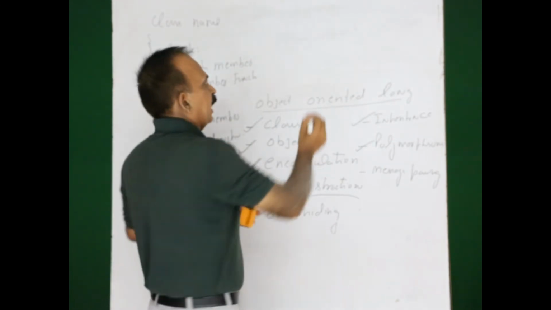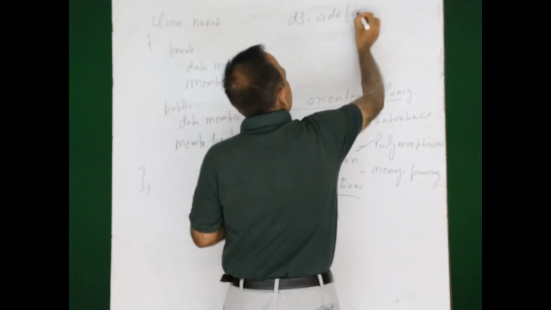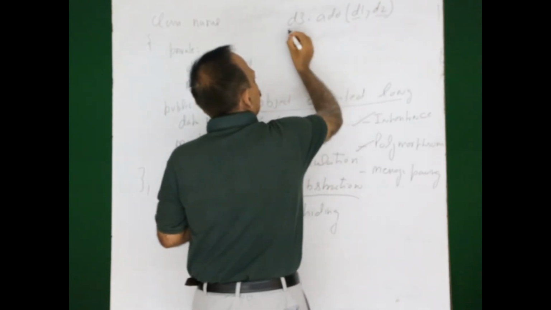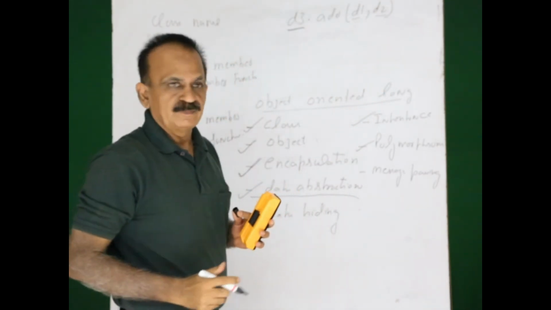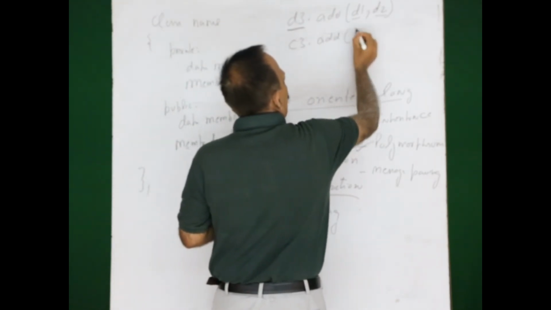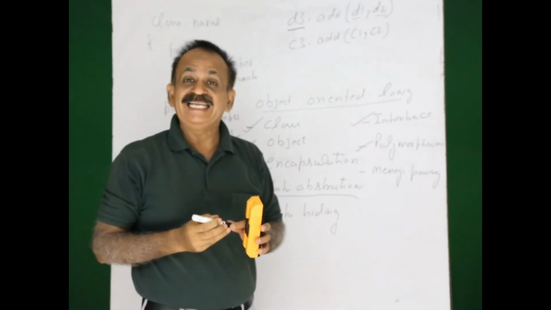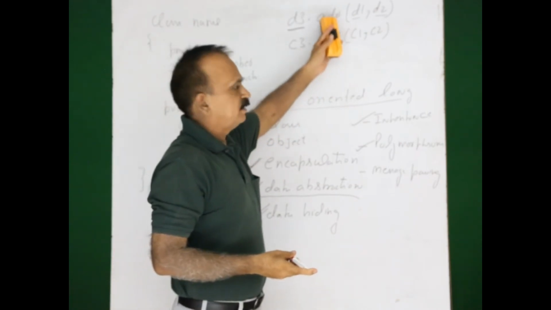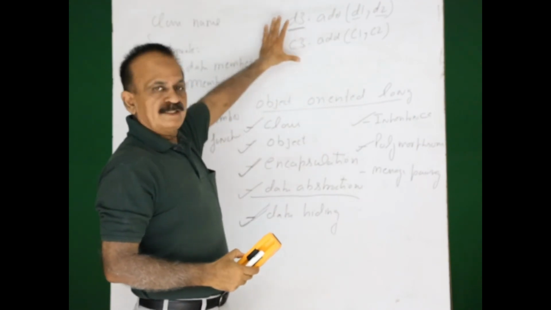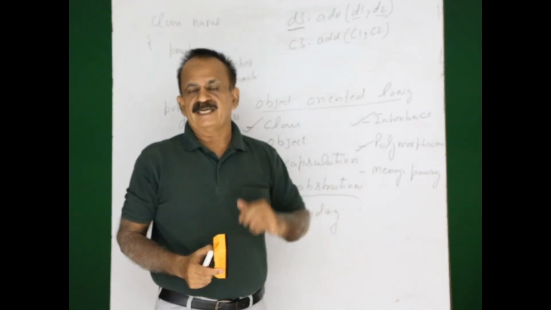I say D3.add(D1, D2), addition of distances D1 and D2, and the result is stored in D3. Now C3, I say complex numbers, addition of complex numbers C1 and C2. Now both of these are representing addition. But internally they will be different. Their outer look is similar, but internally adding distances will be different from the addition of